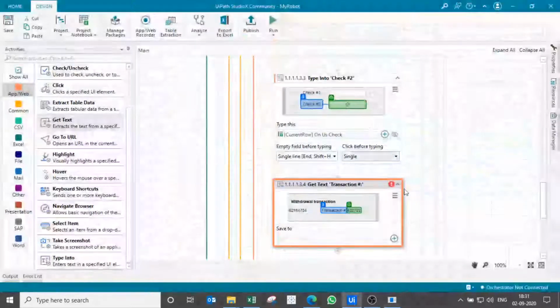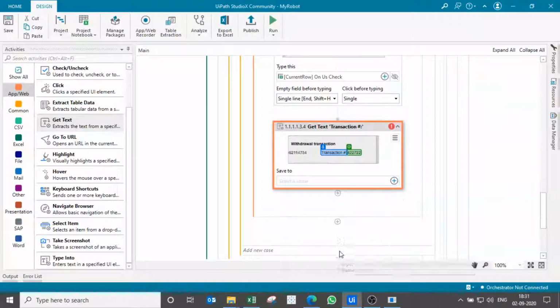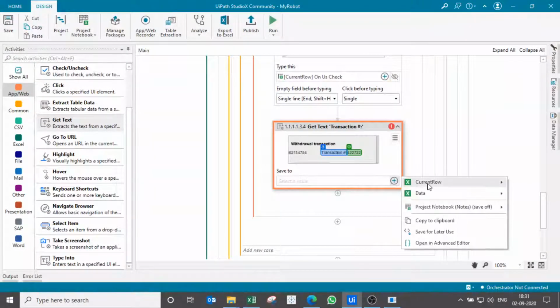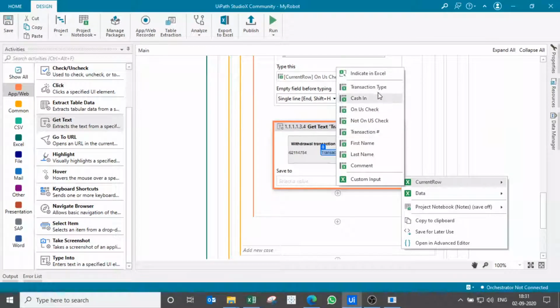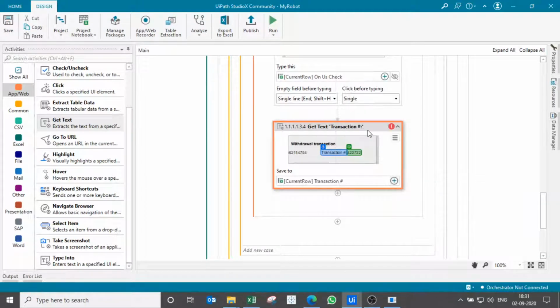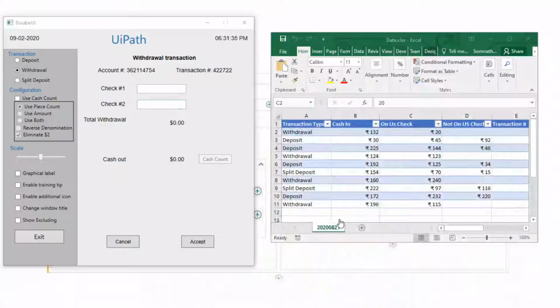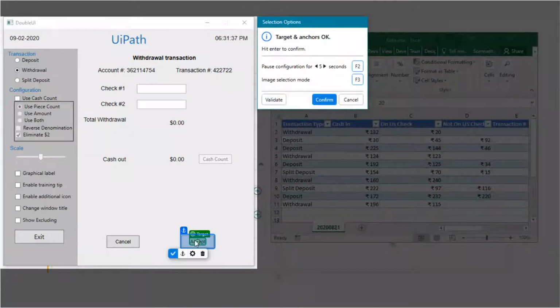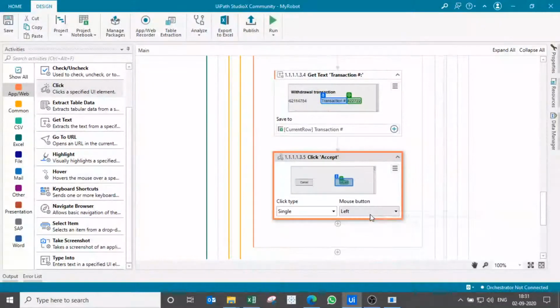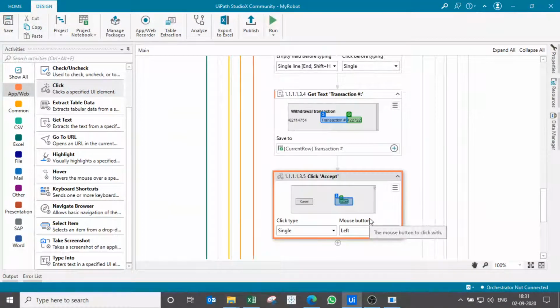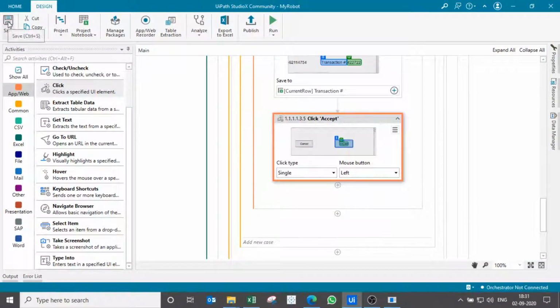Confirm, and then we would save it onto the Excel file. So we will be saving here, and then lastly we have to click on the accept button. So we'll click on the accept button and the anchor will be the same, confirm it. Now we have cleared two different, let us save this.